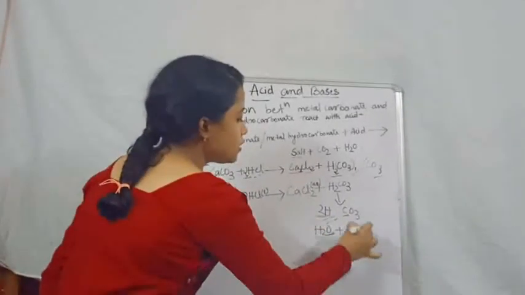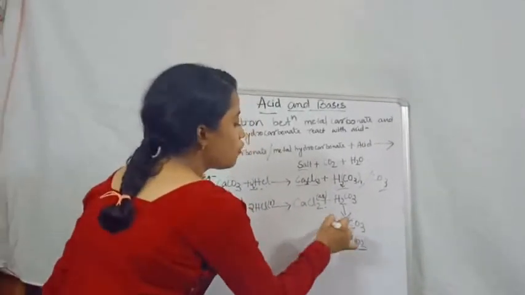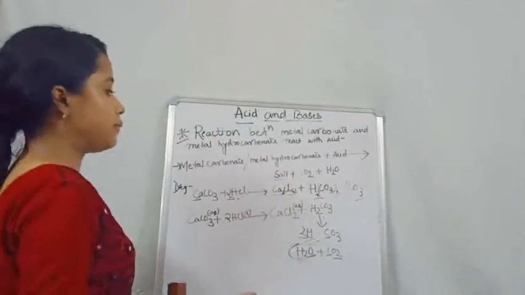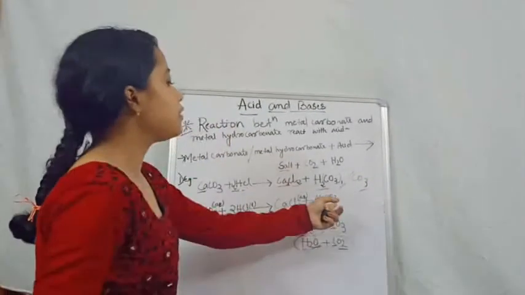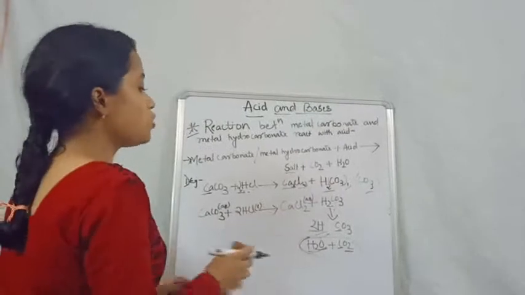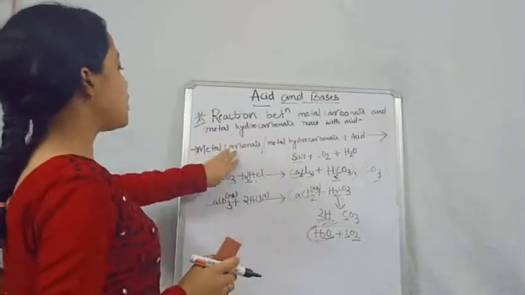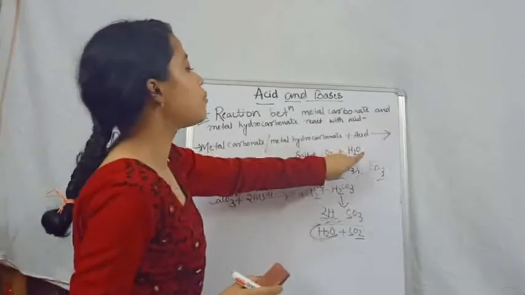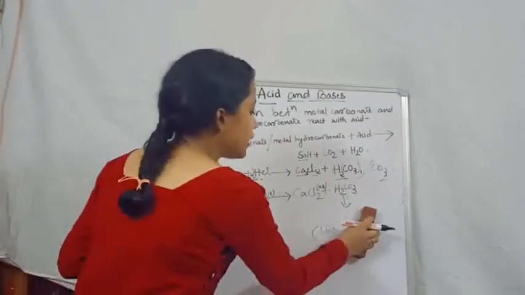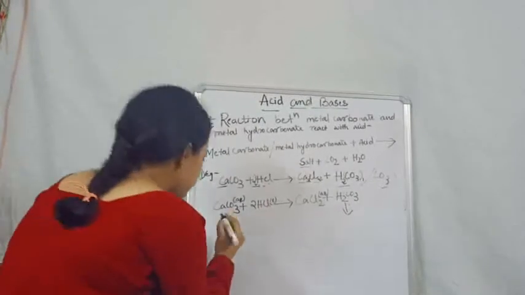So that means this is the breaking form of H2CO3. But we cannot write the state now because we have to write all of them separately, because our general formula is salt plus carbon dioxide plus water. So again we have to write another step, which is